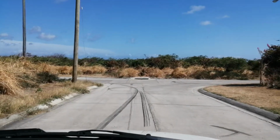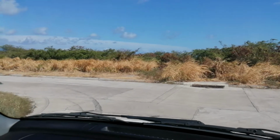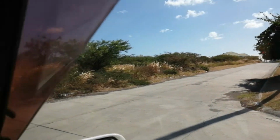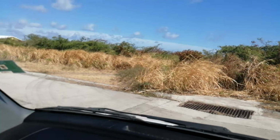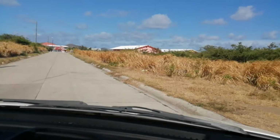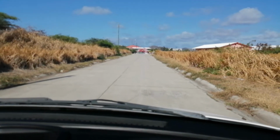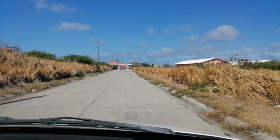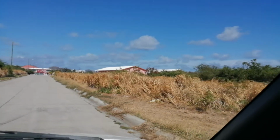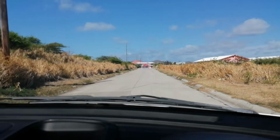And of course the ocean, these are more lots on the other side. There's quite a few lots here on the other side here. And the lots all the way down here. But if you want to start a business, I'll tell you one business that they really need a lot of, they're real short on this, is storage space. Like these storage warehouses, oh man, they're in short supply down here. That's probably one of the biggest shortages I can tell you that they got down here. It's a real shortage in that type